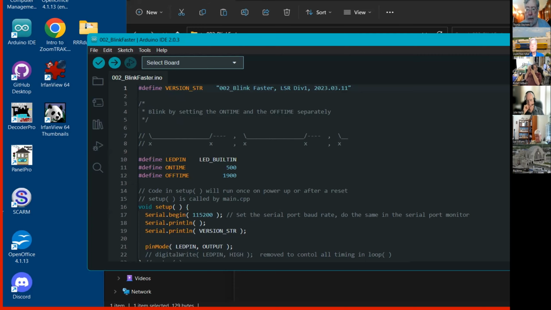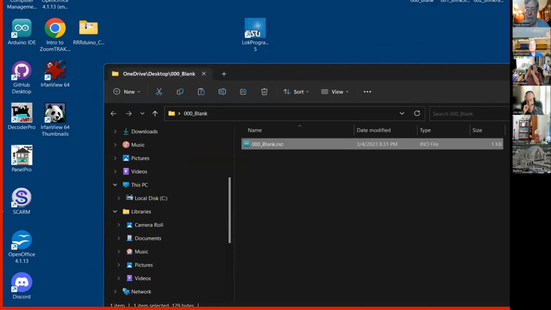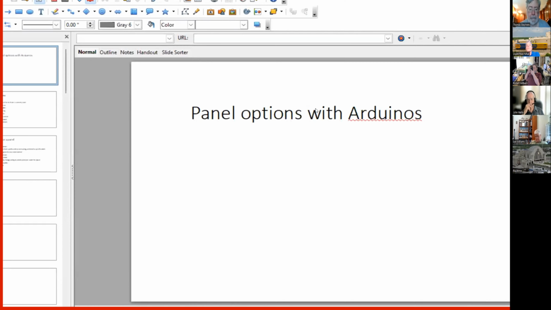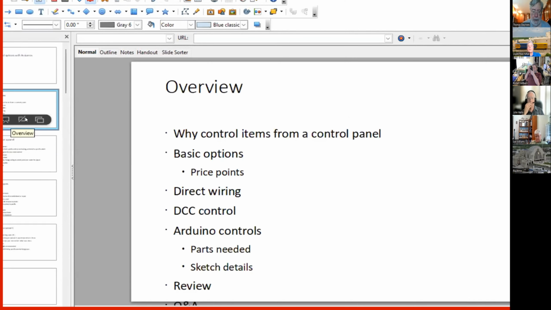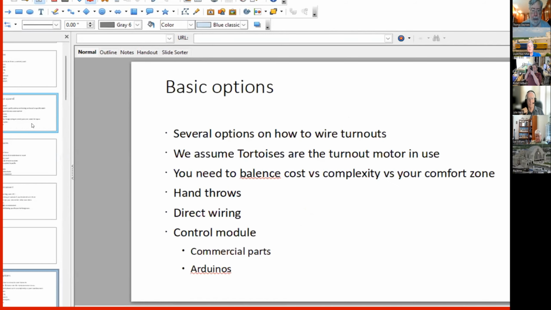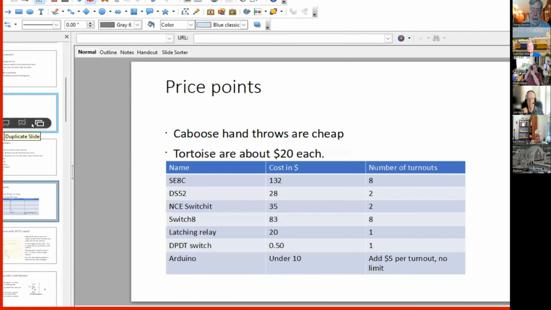Now, how do you get it to work with things to do something useful? Let me pop up my other presentation here and show you some of the things I've used Arduinos for on our layout. So this basically goes on how to use a panel. Let me dig down through here on why Arduinos are